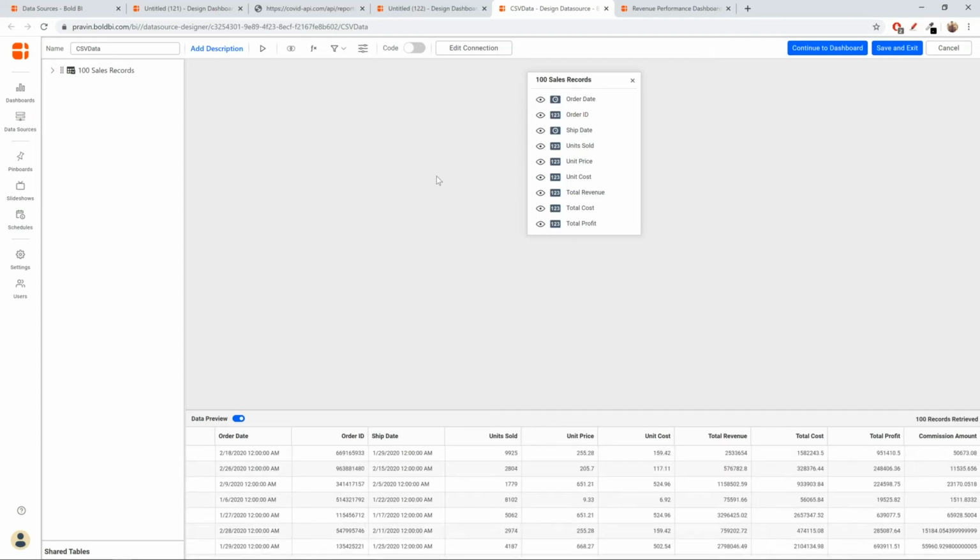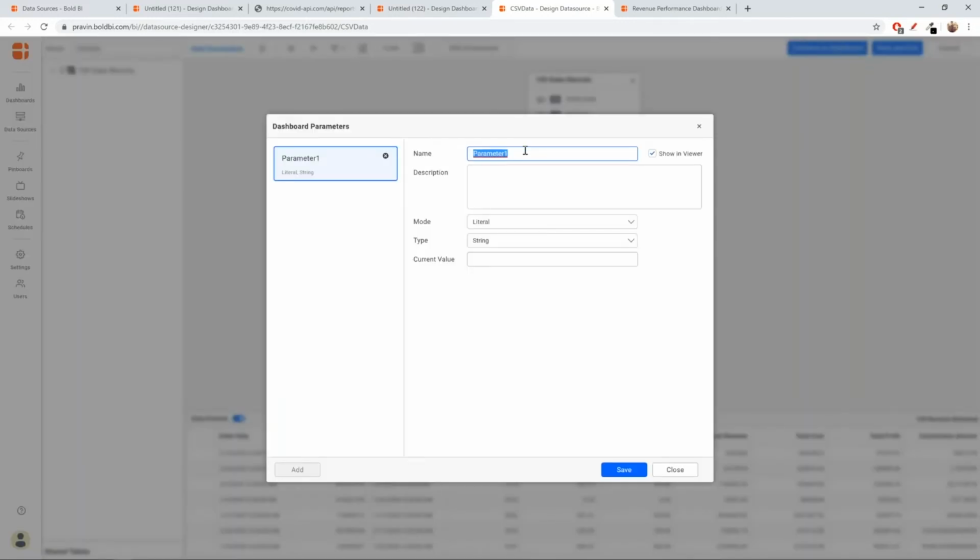Now what we are going to do is replace this static value with the parameter. So we'll add one more parameter here, and I'll name it commission rate.